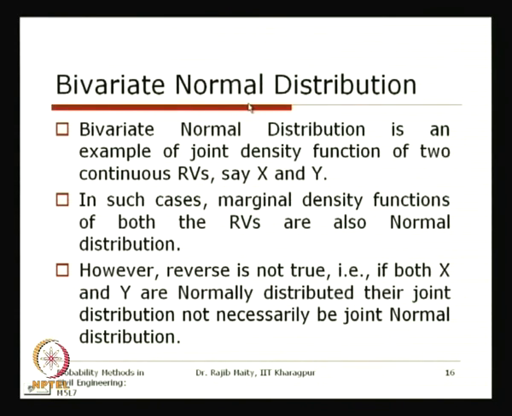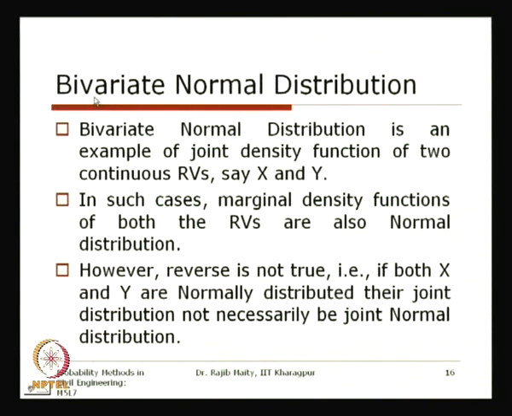This is used in many fields. Whenever we are talking about a joint distribution, we generally go for the bivariate normal distribution, because it is grounded on a firm theoretical basis, and getting other joint distributions is not that easy. So we have found earlier there is a tremendous application of the bivariate normal distribution in many research fields, including civil